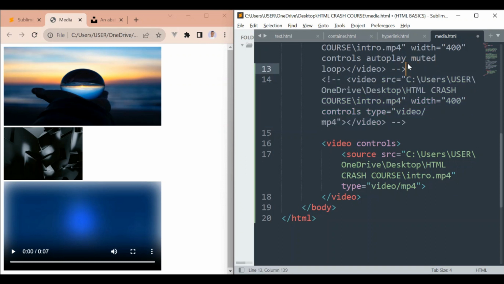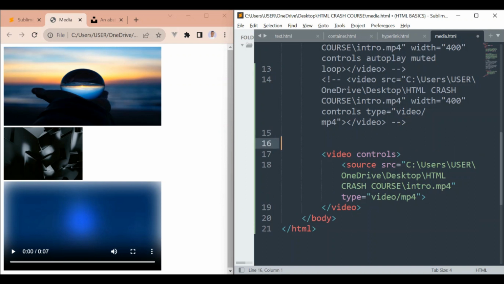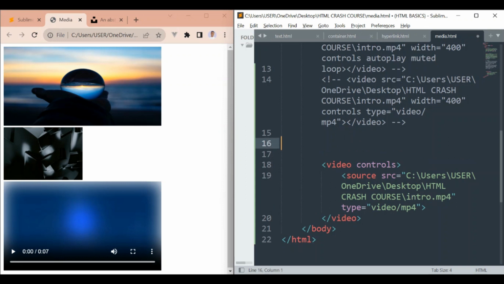Then at the top here, I'm just going to put a comment and say multiple video source and type. Because this is when you want to put more than one type of video file. So let's say we want to have another, so I'm just going to copy the source attribute and